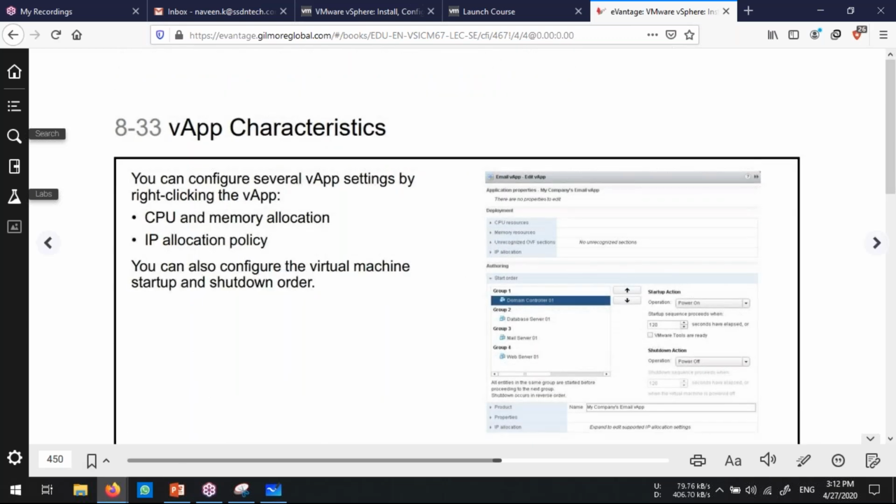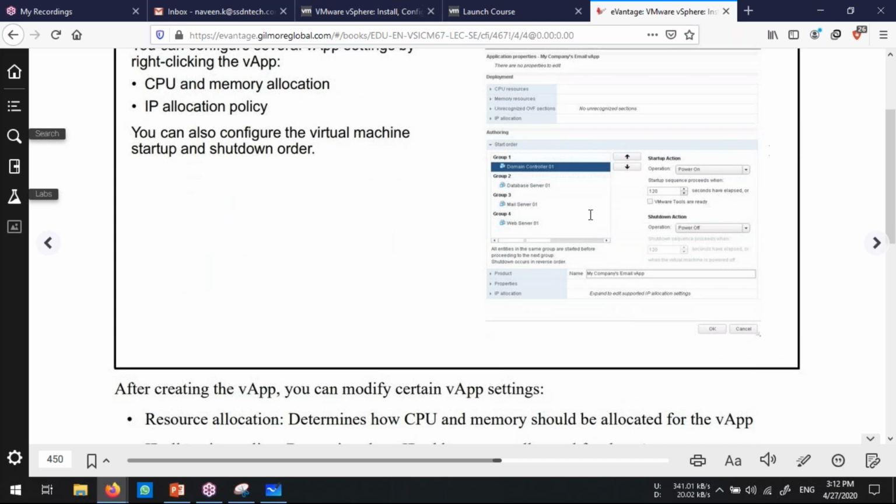So there are some characteristics of vApp. You can configure the vApp settings by right-clicking on the vApp, like CPU and memory allocations and IP allocation policies, and you can also configure the virtual machine startup or shutdown order. Like if you look at this diagram,